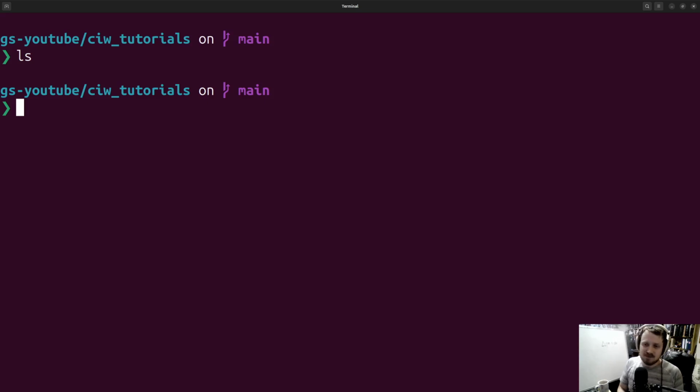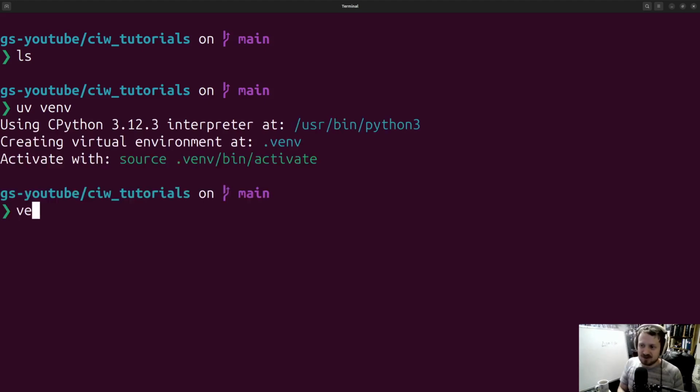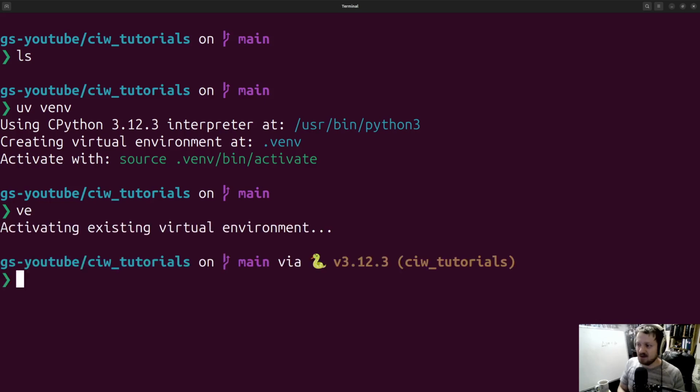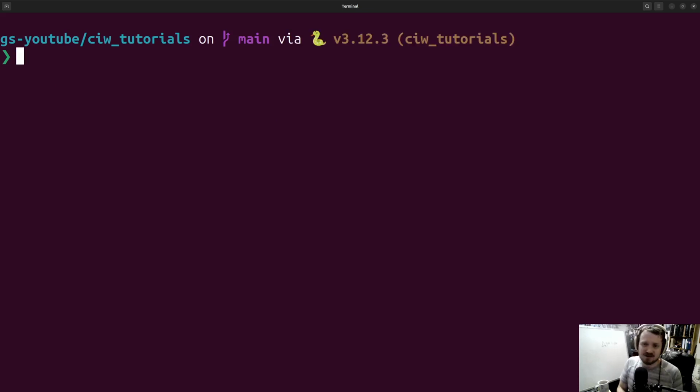So you can use a variety of different tools to create virtual environments. I tend to like using UV. You can go UV virtual environment. Now I've actually also already made one, and I have a shortcut on my system to go VE for virtual environment that will activate an existing virtual environment if one is available, or it will make a new one on its own. So now we're in this Q tutorials